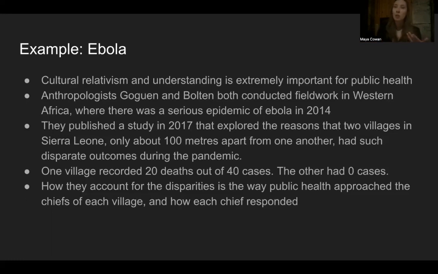And in Sierra Leone, in this particular area, part of what it came down to was a cultural illiteracy on the part of the people who were coming in and doing this public health work, because these two villages had no concept of germ theory. They didn't know what germs were, and they didn't have a word for germs. They didn't have a word for bacteria. The closest that they had was a word for maggots. And so some brilliant public health official decided to try to explain it to one of the chiefs of the villages as maggots cause Ebola.